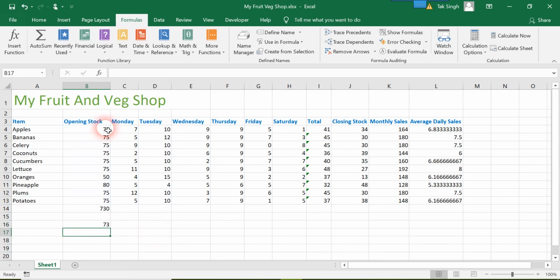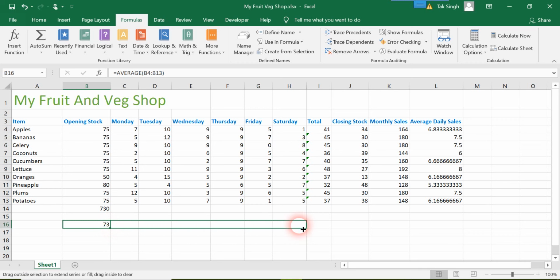Now this is giving us the average of all this data, and now we want this to be applied to all the data till Saturday, to all the weekday data as well. To do that, we will simply copy the formula till Saturday and leave it there, and it will give the average of